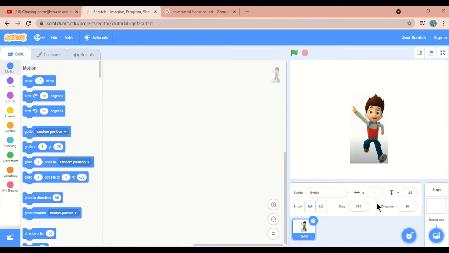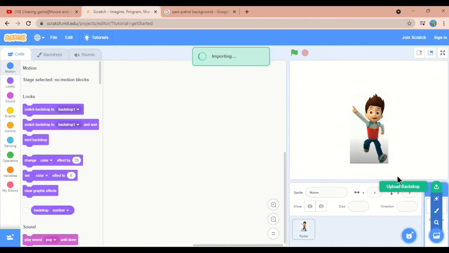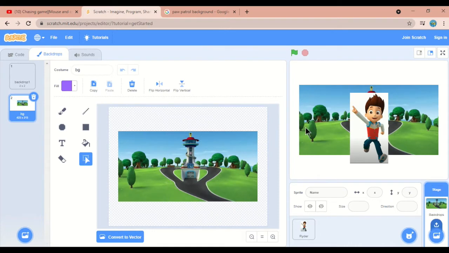Okay, so you will go to this, choose a backdrop, come up and click on this upload backdrop. Here I have already downloaded this background with the Paw Patrol tower. Okay, and this background here, see, this is only the half portion of the overall stage. I want to make it into the full screen.